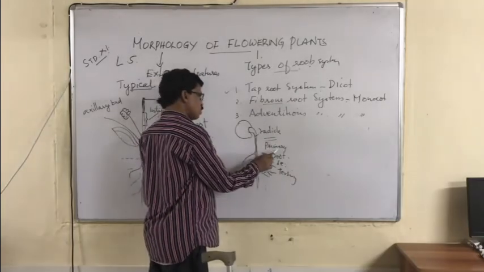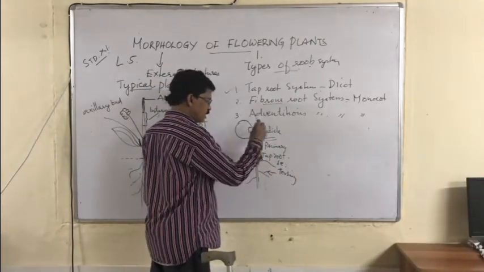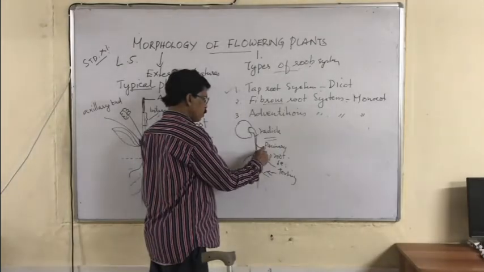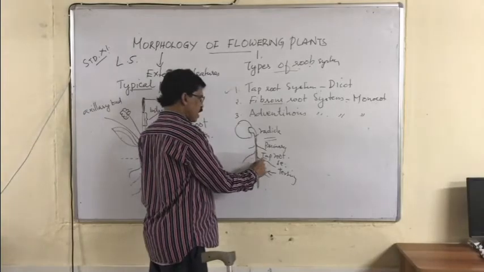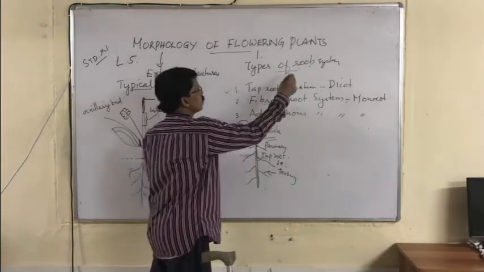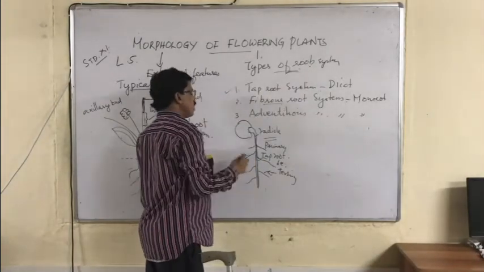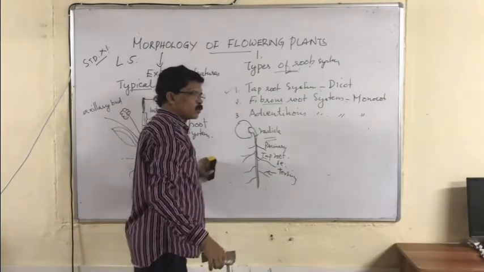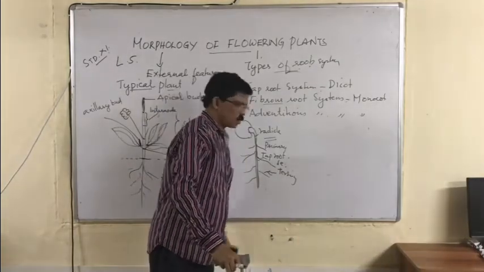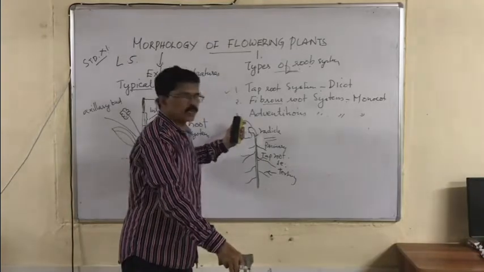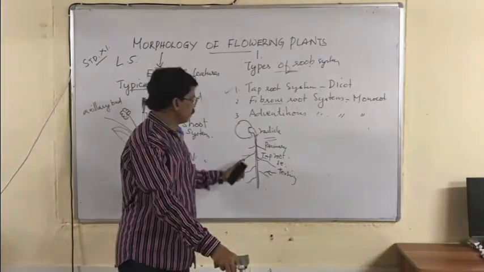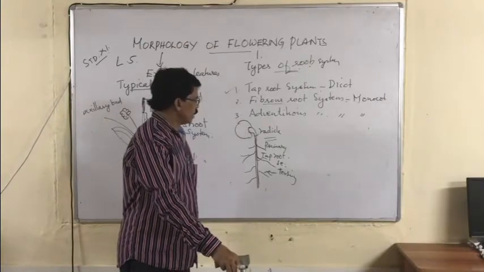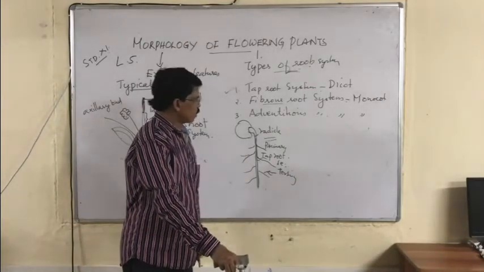So the primary root, secondary roots and tertiary roots. These primary roots or taproots are called the main root. So the main root and its branches together form the taproot system. So what is the taproot system? The taproot system consists of the primary root or taproot, which is a direct elongation of the radicle. They fix the plant in the soil. Then they develop secondary roots and tertiary roots.